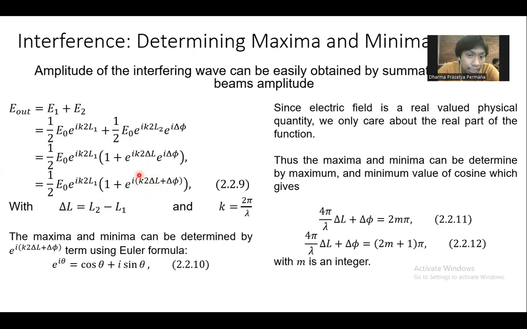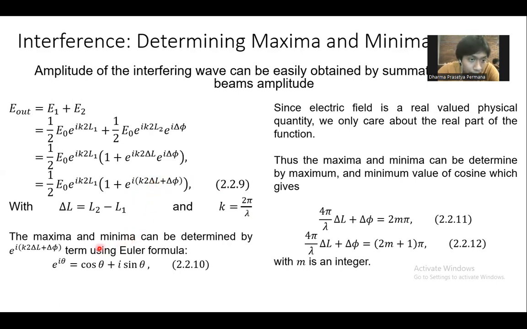So from equation 9, we have delta L here. The delta L is the difference between the first beam and the second beam path length. And k is the wave number, the magnitude of the wave vector in vacuum. We can determine the maximum and minimum interference from this phase term alone. Maximum interference means the beams interfere constructively to create a stronger beam, and the destructive minima happens when they destroy each other